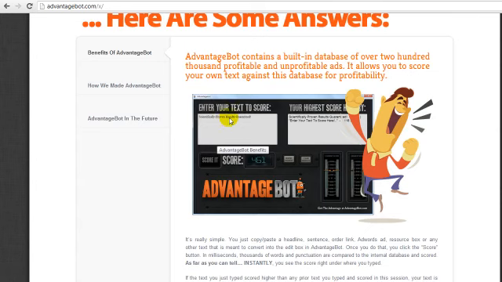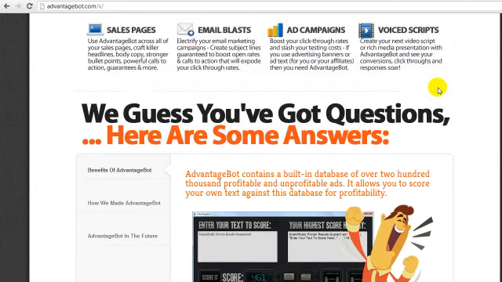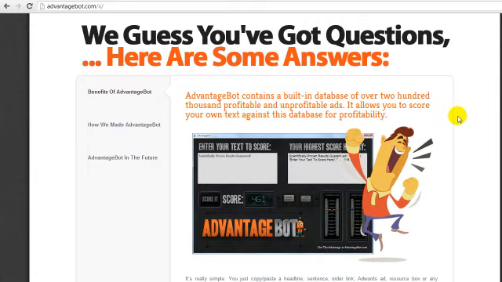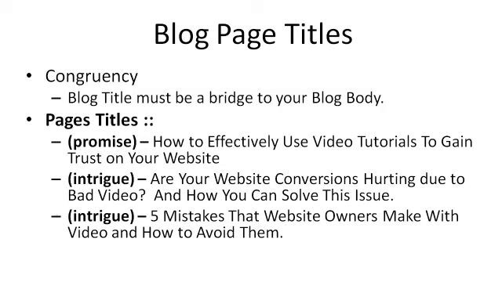So you could test 2, 3, 4, 5 different titles and see which one measures up against each other and then use the one that has the highest score. So that's just a nifty tool that you can use and that can really take away the guesswork out of which titles are good and which titles are not. So with that said, let me go ahead and go to WordPress and show you how to create a WordPress